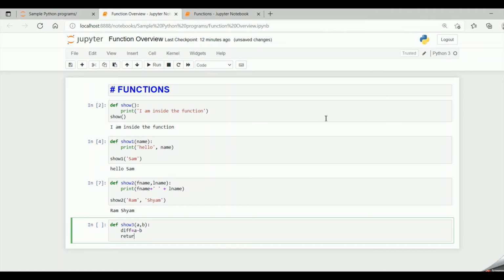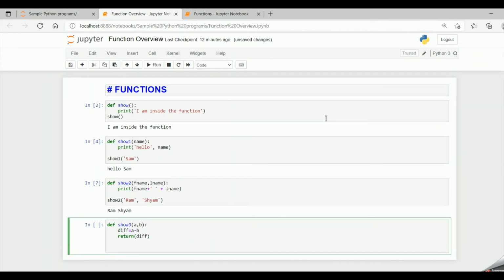Then return, so I'm passing a value from the function. I'm returning the difference. Now in the call statement, I have to declare a variable. So let me say minus, a variable identifier, is equal to show3(10, 5).